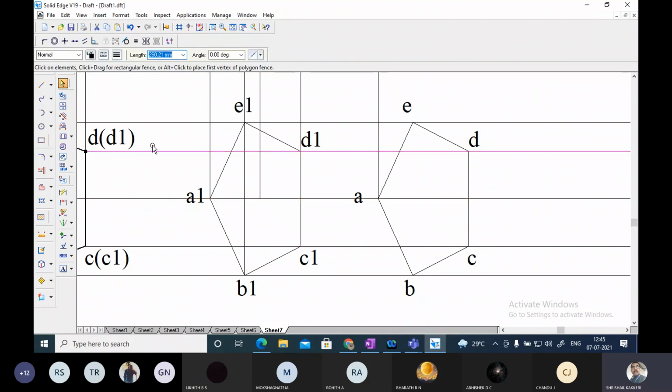Now already the lines are there. If you want, you can draw lines here once again. Okay, let me draw the line from here, and from here. But I don't want to do it once again, because once you show the dotted line, it will become a problem. We'll try to make it independent. What we have to do, we'll see later.